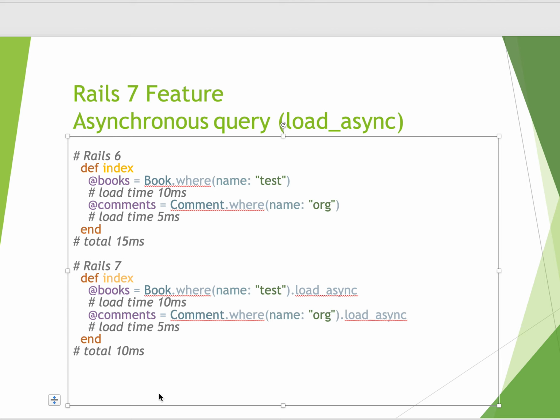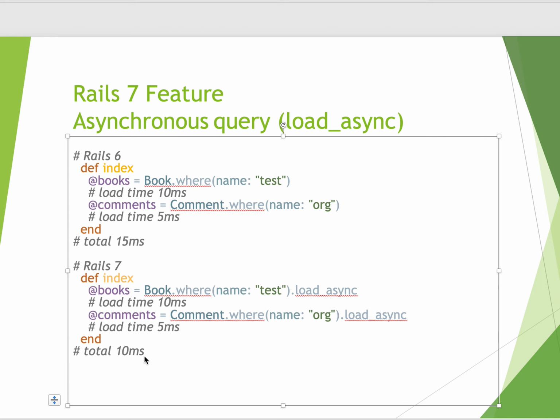and Rails 7. If you look at the first example, Rails 6, this method has two queries. The first query takes 10 milliseconds to run. The second query takes 5 milliseconds to run. In total it takes 15 milliseconds to run. The same piece of code, the same execution of the query, but the total execution of the method takes just